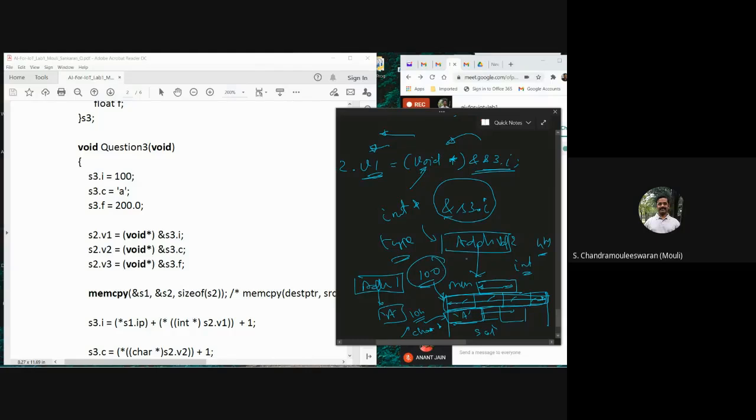Now I can call this 100, whatever the address, as a character star. Then I will assume that whatever is the content in this memory is a character value, some character ASCII value. So I will read only 1 byte and then process it. So you are free to typecast an address to any type you want. I can even call it a pointer to a structure. Then it will assume that all the bytes following this, suppose the structure size is 100 bytes, then starting from 100, those locations are considered to be a structure of some type. That is how the pointers are handled, and the typecast is just to make the compiler happy, and we also know what type of pointer we are manipulating.